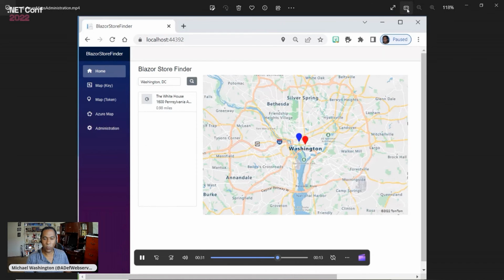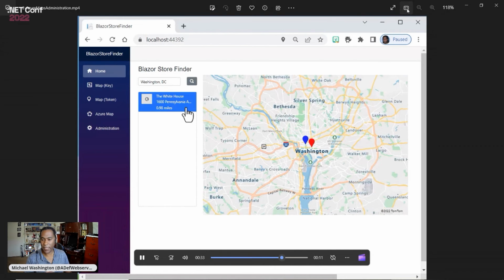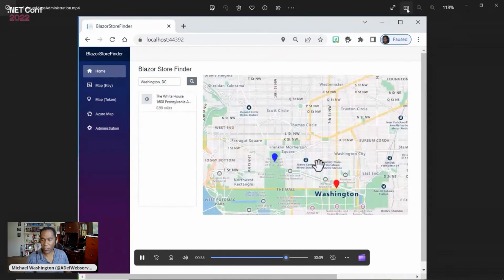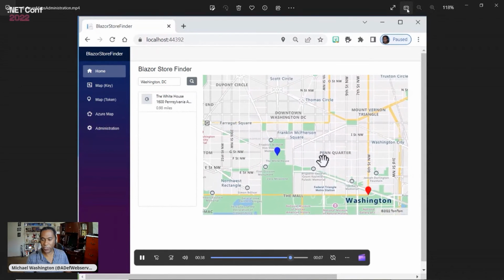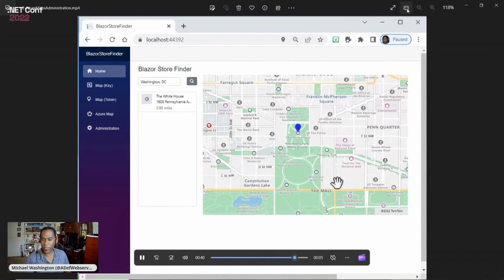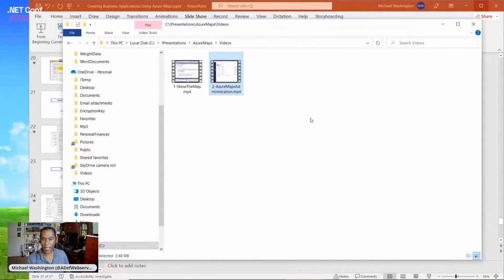And then when we, of course, click on something, there's a marker for each map location. And again, I'm kind of showing you here how the map allows the person to pinch and zoom and do all the normal things that you would expect in a mapping application.